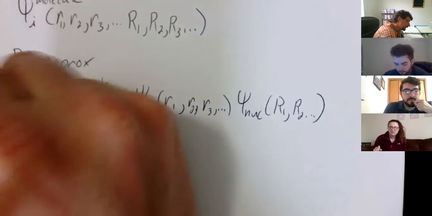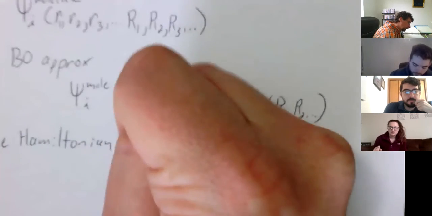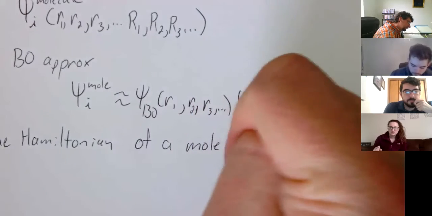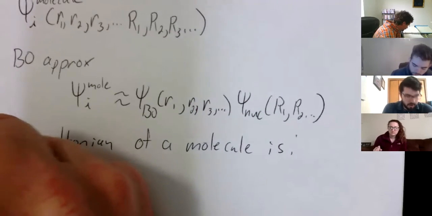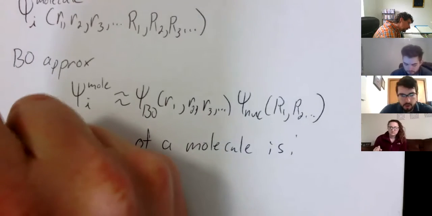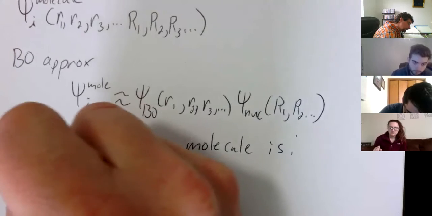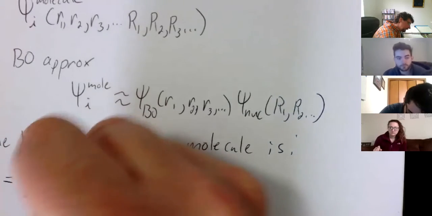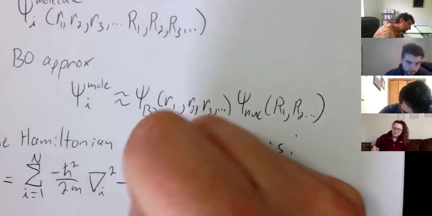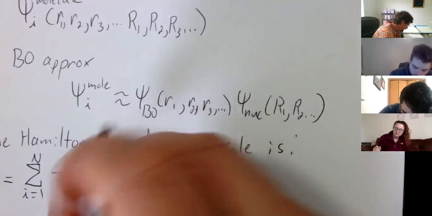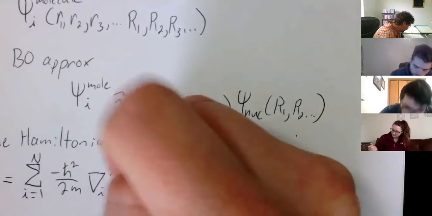So, the Hamiltonian for a molecule is, we got H hat, summation to N, negative h bar squared over 2M, A equals 1